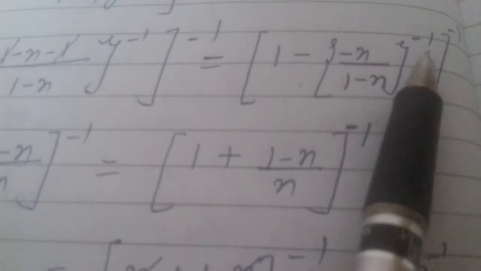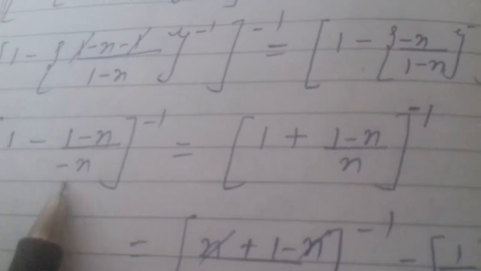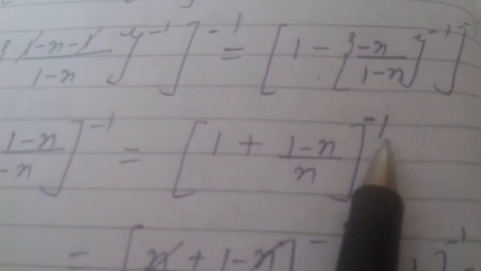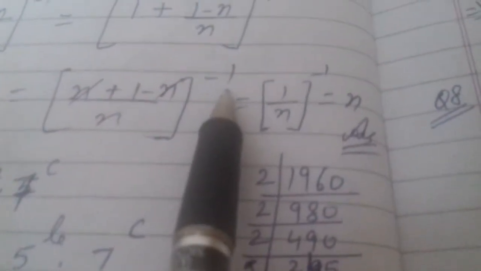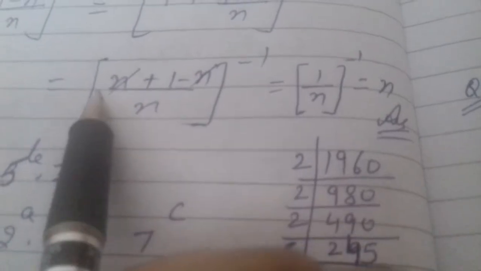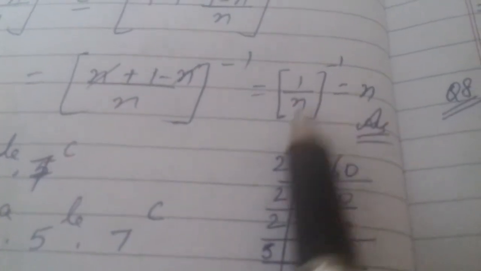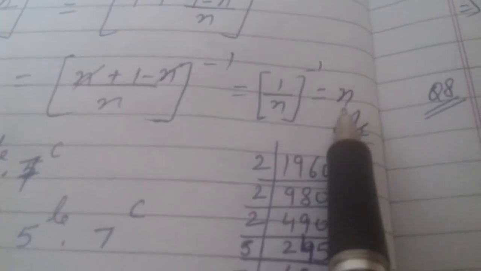Come to the next step, children. 1 minus, look here, what was the power? Negative. So I am going to reciprocate the term. What did I do? 1 minus n I took into the numerator and minus n is taken in the denominator. Now see children, minus minus will become plus. So you are left with this term. The curly bracket is also solved. Again you take LCM. When you take the LCM, whole raised to the power minus n, and n will get cancelled. You are left with 1 over n raised to power minus 1. The answer is n.